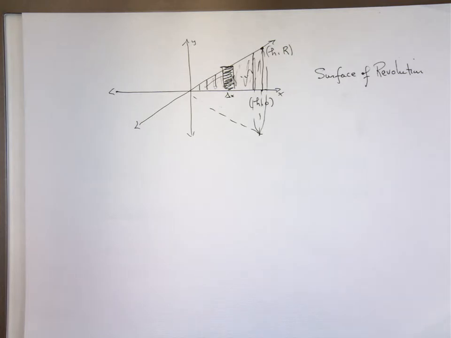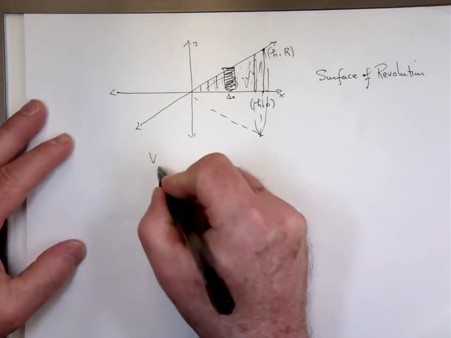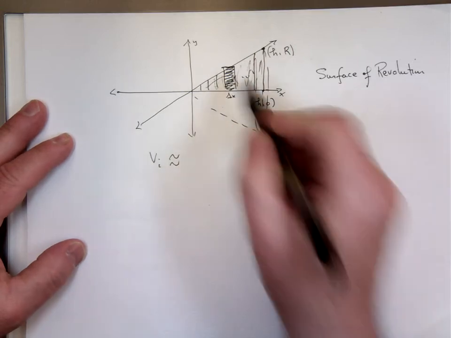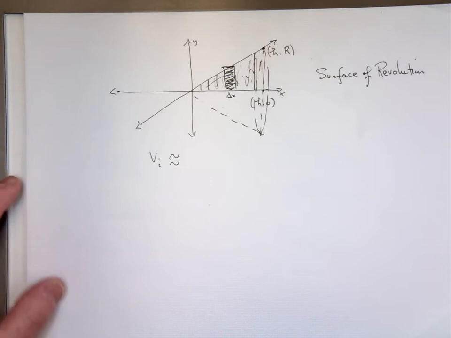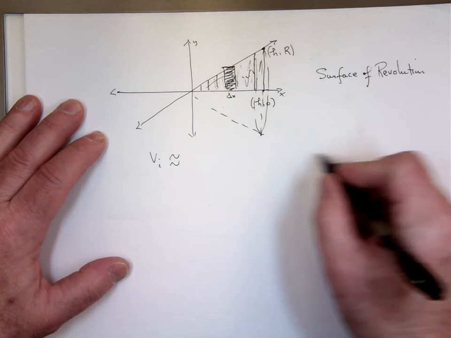So let's take a look at this one rectangle and this one piece of volume. Okay, there's one piece of volume generated by that rectangle. Well, if you take this rectangle and whip it around the x-axis,